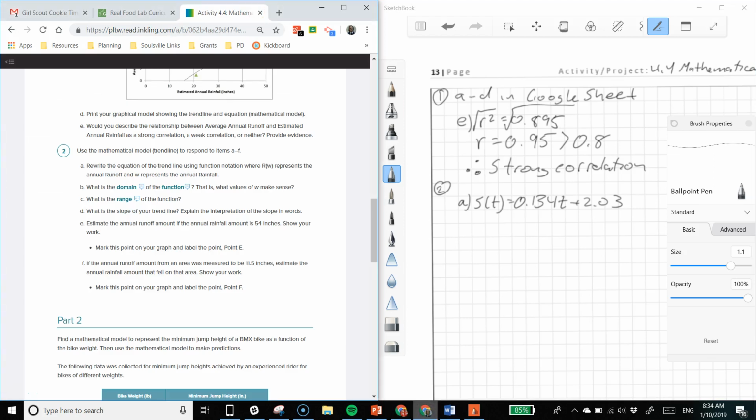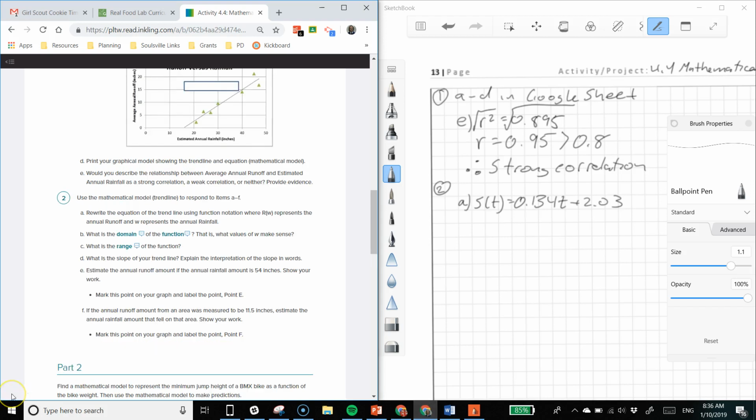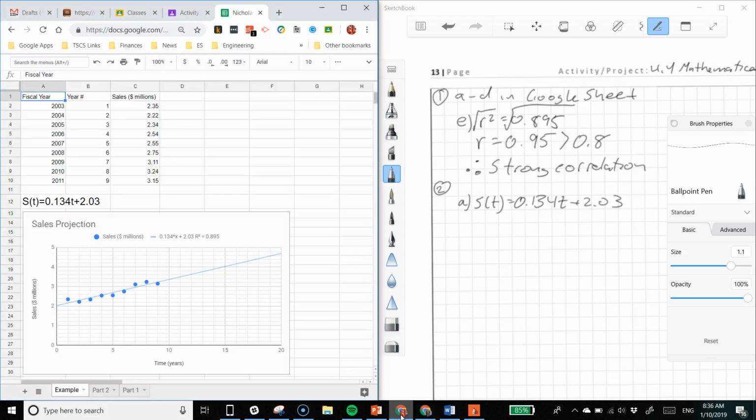Next, what is the domain of this function? So in math, when you're asked for domain and range, a lot of times you're going to just see on the graph what the domain and range is, but in engineering, you have to decide what domain and range makes sense. So I'm going to talk about the domain and range for mine again with the sales projections. So for my domain, which is time,